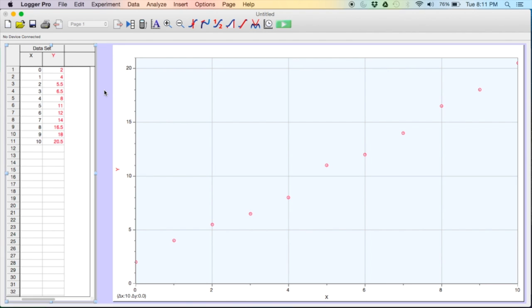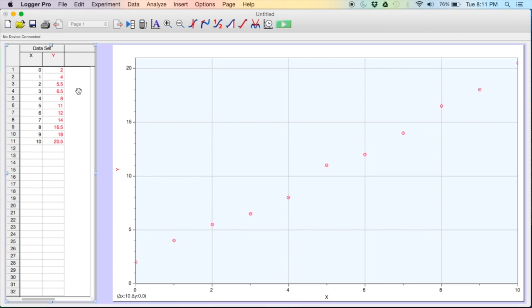Today we're going to learn how to analyze data using Logger Pro, and we're going to start with a set of data that either has been manually inputted by the user or imported from a peripheral like the LabQuest device. Once you have your data inputted to Logger Pro, the first thing you need to do is to label your